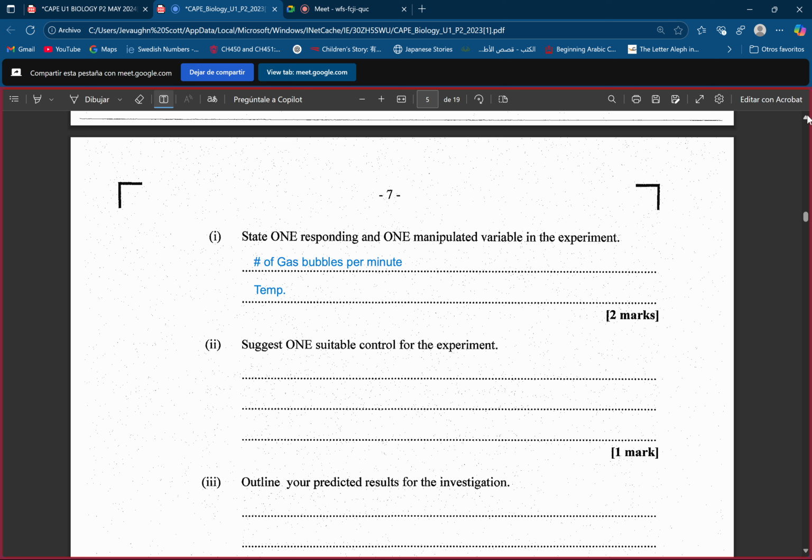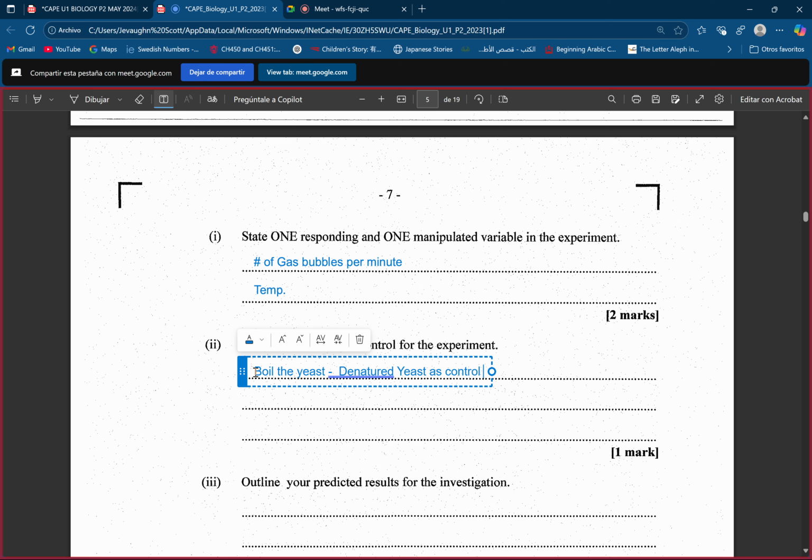So I think the best control here would be denatured yeast. What I would do is boil the yeast, denature it, and keep that as the control. So I have denatured yeast as the control,